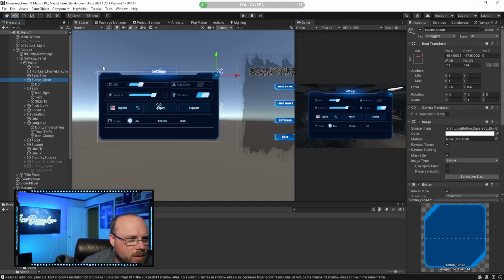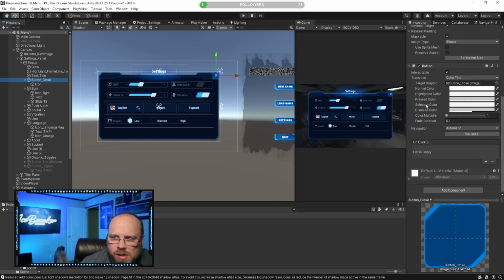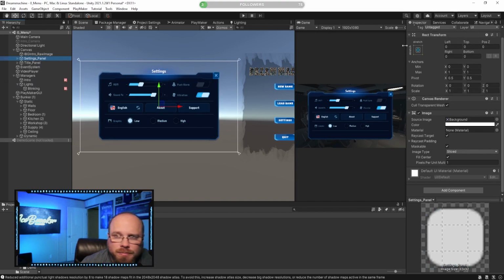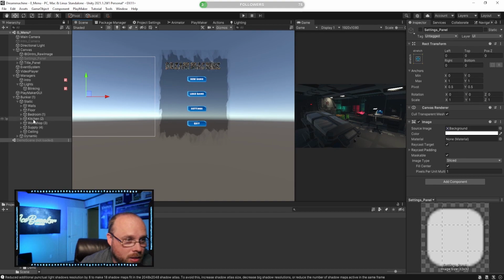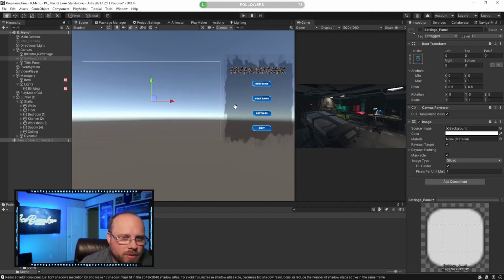So go ahead and set this. There are a couple different ways to do this. You do this mostly through scripting. Might be the preferred way to do this, but